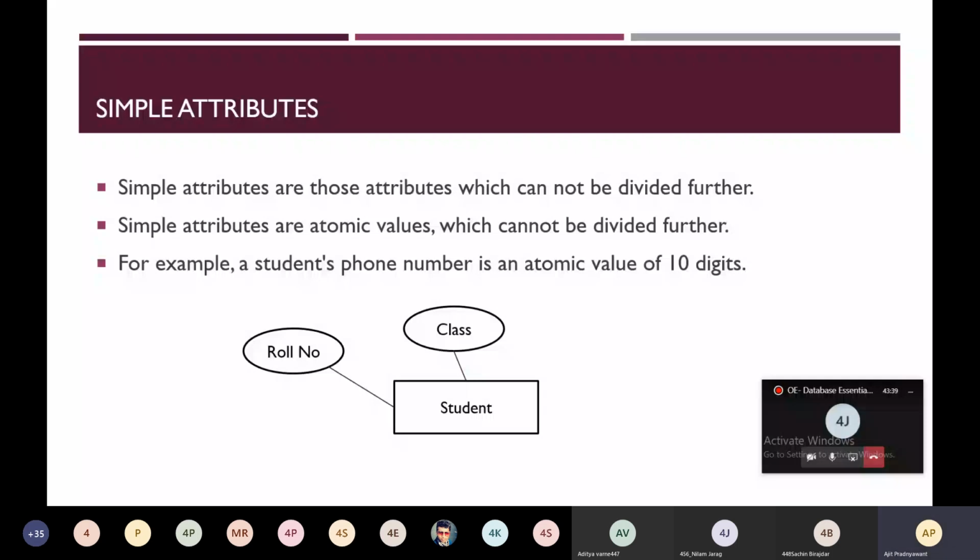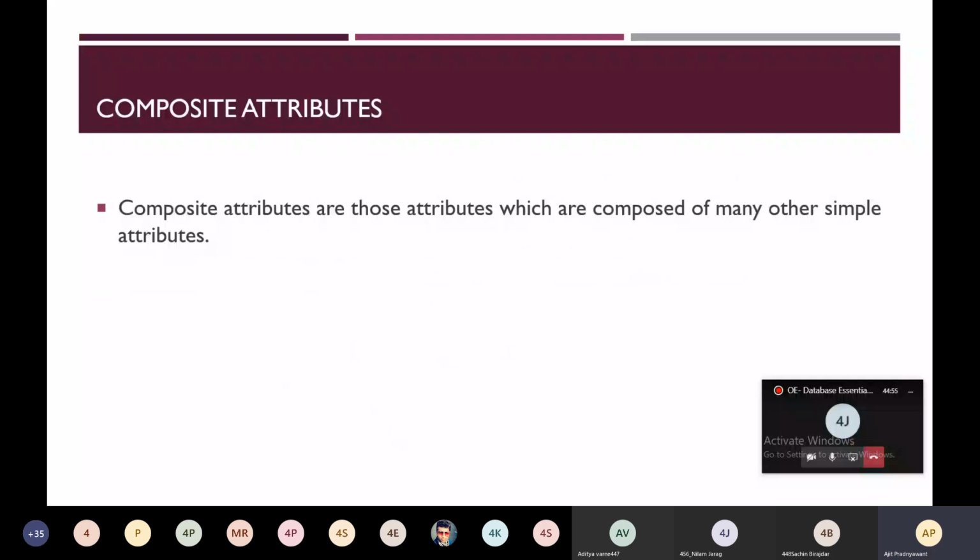Next is composite attribute. What are composite attributes? Composite attributes are those attributes which are composed of many other simple attributes. As the name suggests, they are composed of other simple attributes.